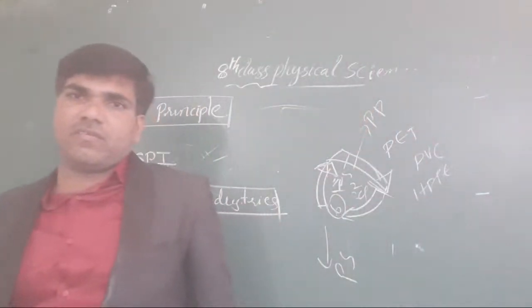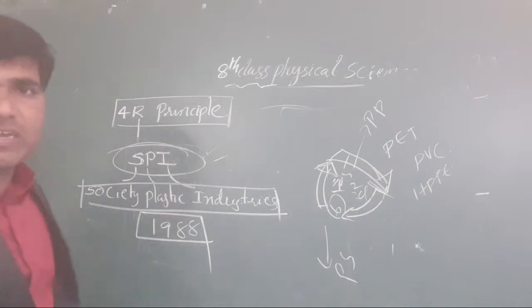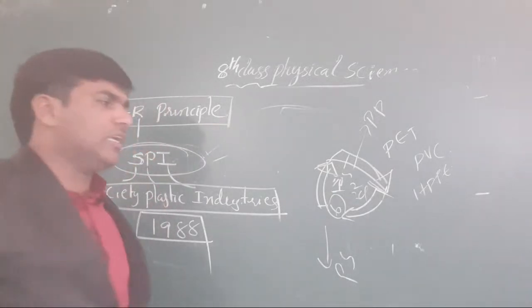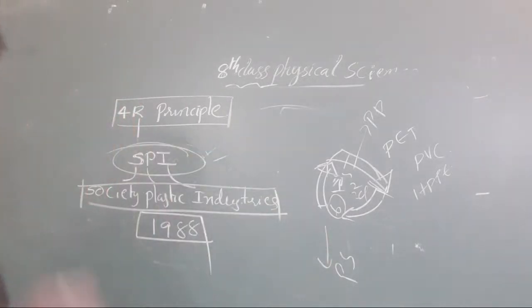Okay, these codes are given by whom? These codes are given by SPI, based on which material we use for making plastic things. In case nothing appears, without a number also it may just appear for us. Means what? It is